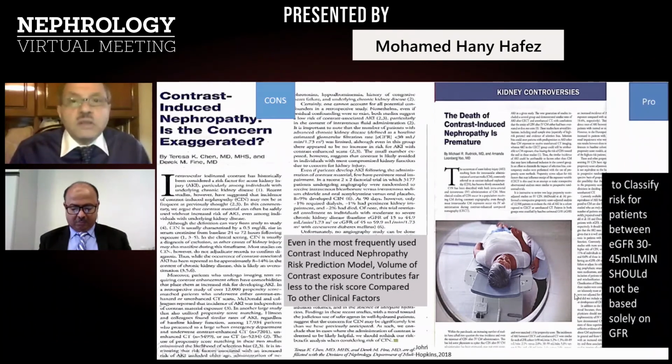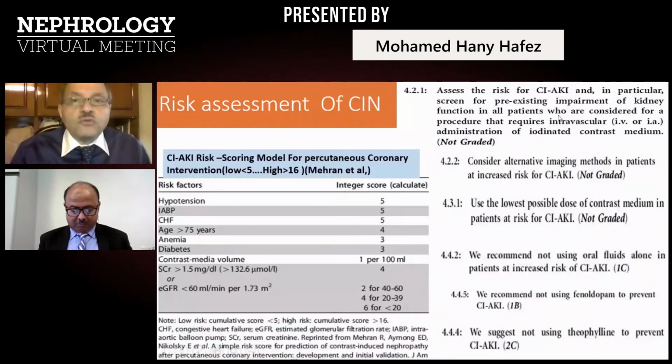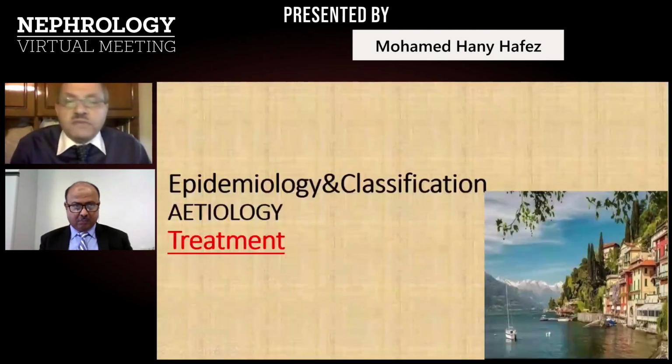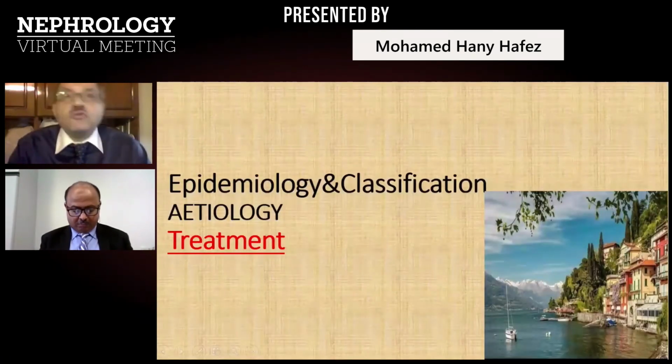We should take care of it. And we have different protocols to assess the amount of dye to be given and the type of dye, including this Mehran criteria. Now let's go to the last part of my presentation, after I detailed to you what's happening in the etiology in the developing world and which is the treatment.